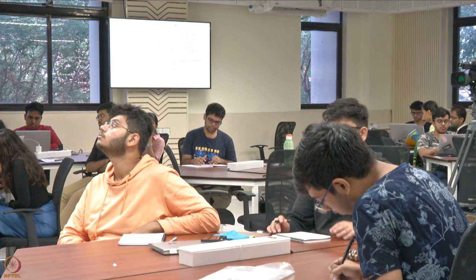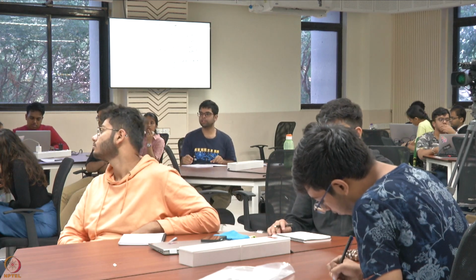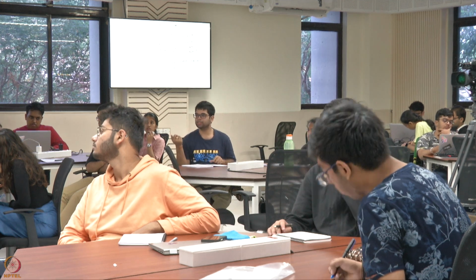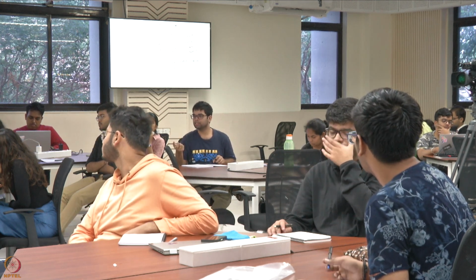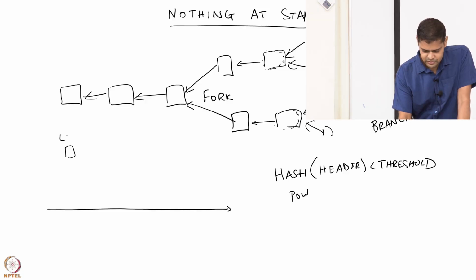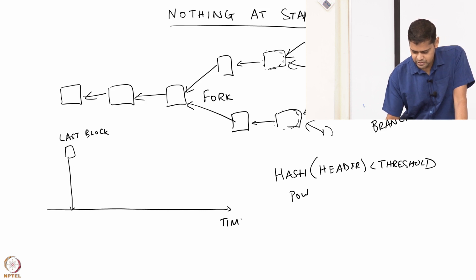Yes, sir. How are we guaranteeing that the problem we are solving with hash will be lesser than the threshold? If we have 1,000 values, yes, timestamp. Yes. So let's look at it over time. So let's say this is the last block which was generated, and it was generated at this point in time. So the question is,